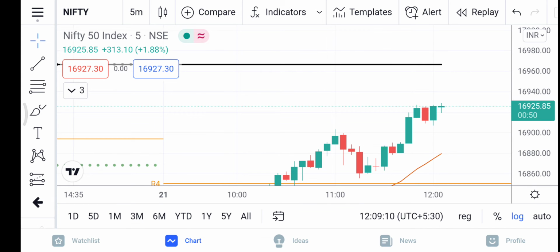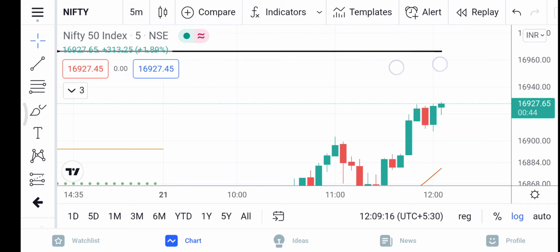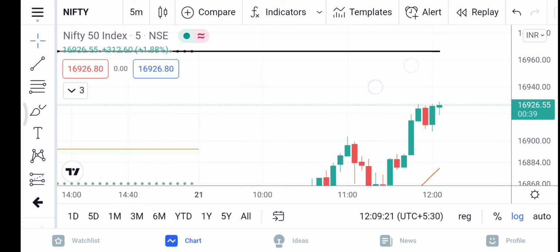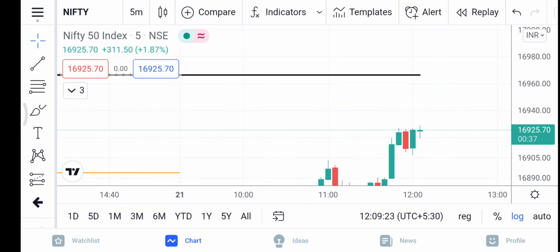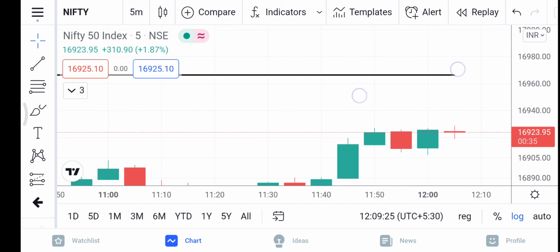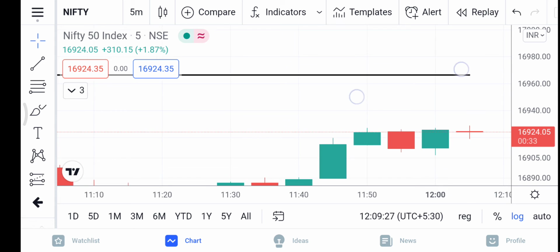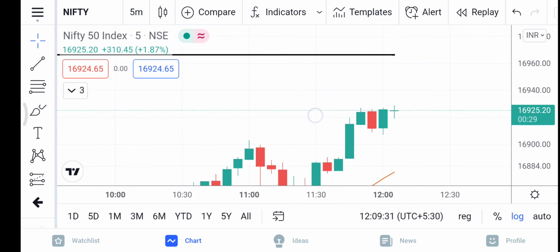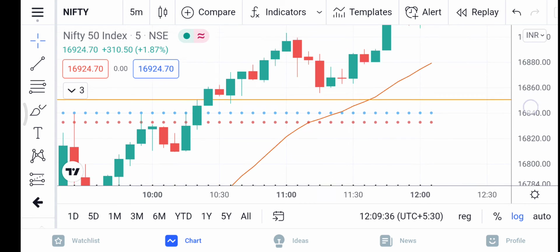In market, what works is the support acts as a resistance and a resistance acts as a support. So this resistance, this is the support. Now it may act as a support. If the market breaks that, it may go further. If the candle faces resistance near this PDL, that is the weekly low, it may fall from that region, or it may consolidate, or it may go sideways from that region. So this is how we have to analyze.